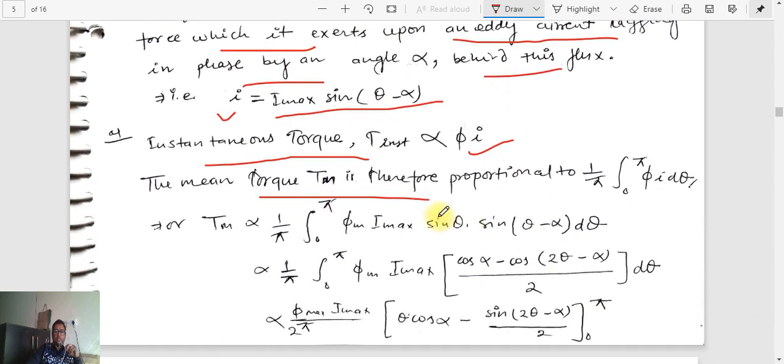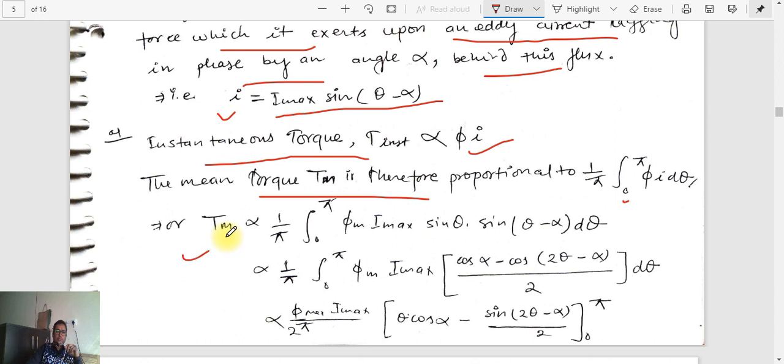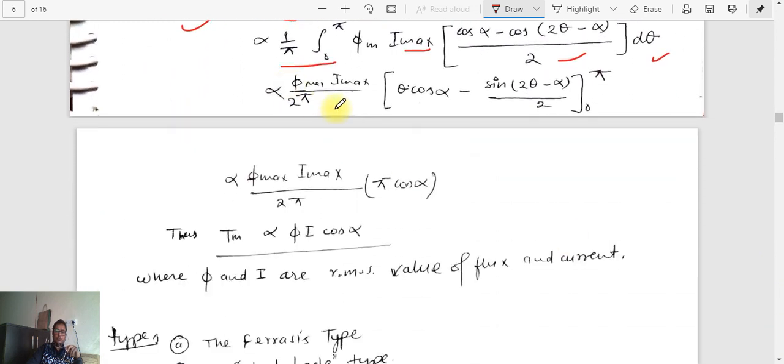The torque Tm is therefore proportional to 1 by pi integration 0 to pi phi i d theta, and this gives mean torque proportional to 1 by pi integral 0 to pi phi m I max sin theta into sin(theta minus alpha) d theta, 1 by pi integral 0 to pi phi m I max (cos alpha minus cos(2 theta minus alpha)) divided by 2 d theta, proportional to phi max I max divided by 2 pi into [theta cos alpha minus sin(2 theta minus alpha) divided by 2] from 0 to pi, proportional to phi max I max divided by 2 pi into cos alpha. Thus T mean is proportional to phi I cos alpha,